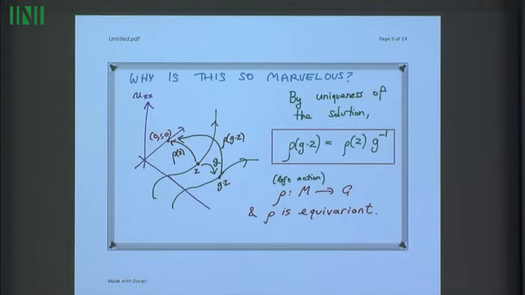And then supposing I now want to solve for the group element that takes me from here to here, well, by uniqueness, it has to be G inverse and that. It has to be the same. So what this means is that my map, which takes my domain, so M is the space on which the group acts, and